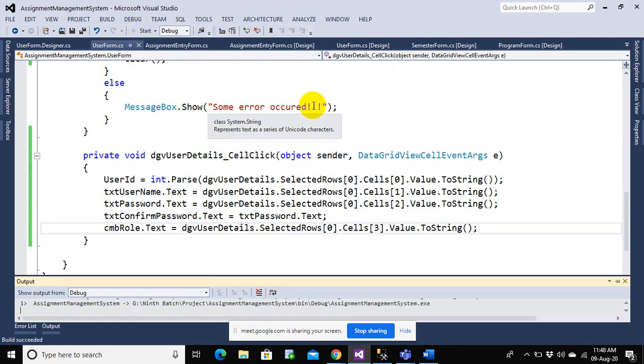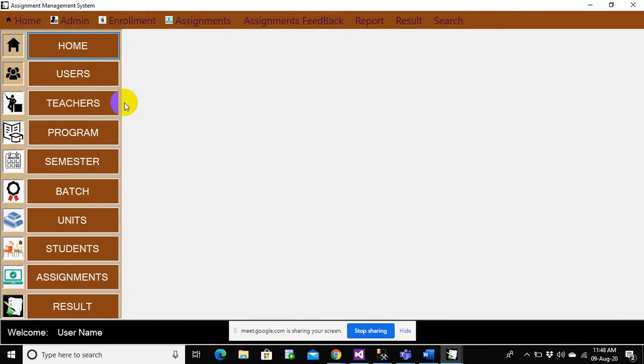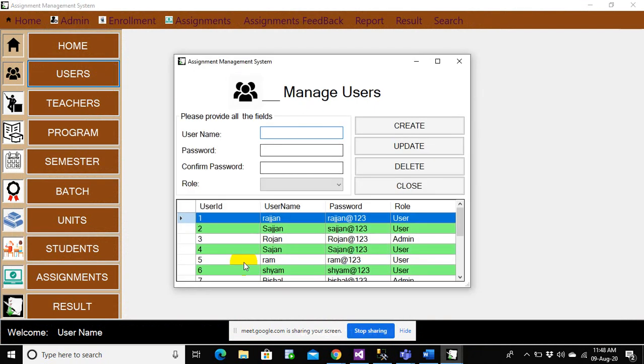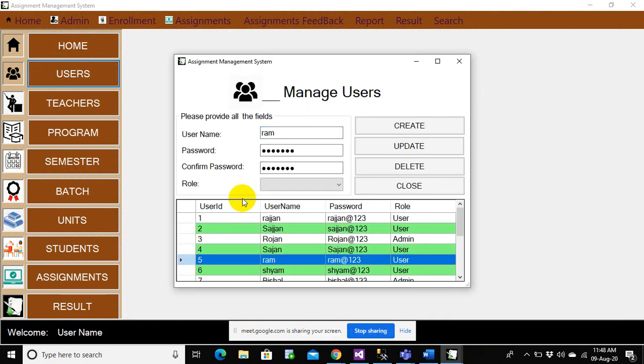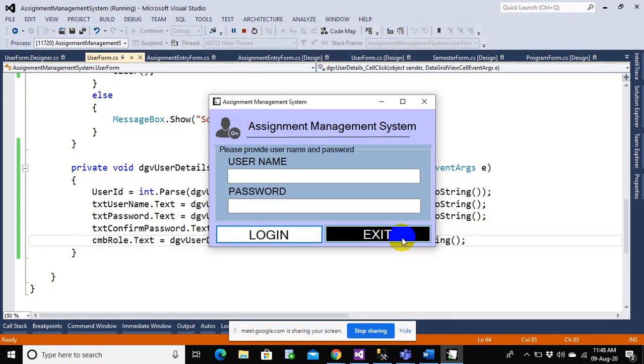So let us run it again and check it out. Let's log in. Let's go to users and let's try to fix it now. Okay, so you are able to select this, but we are not able to get this one. Okay, let me see why is that.